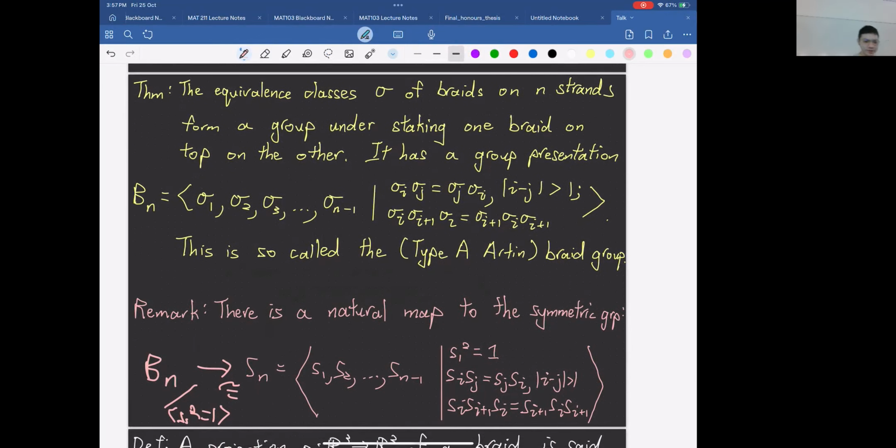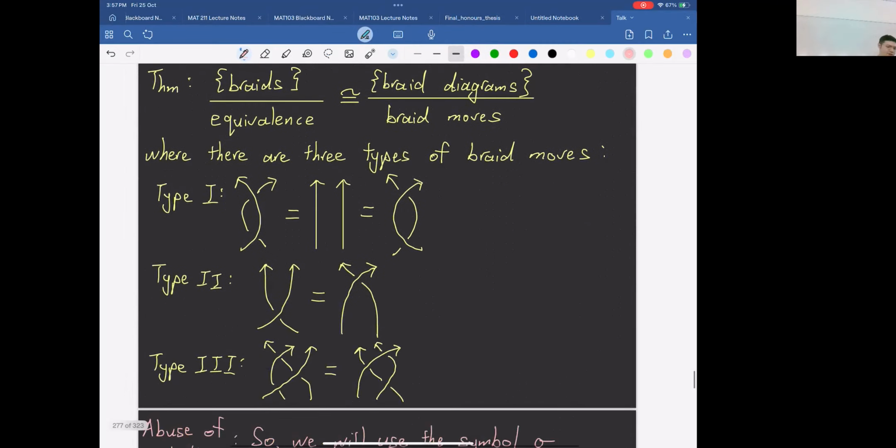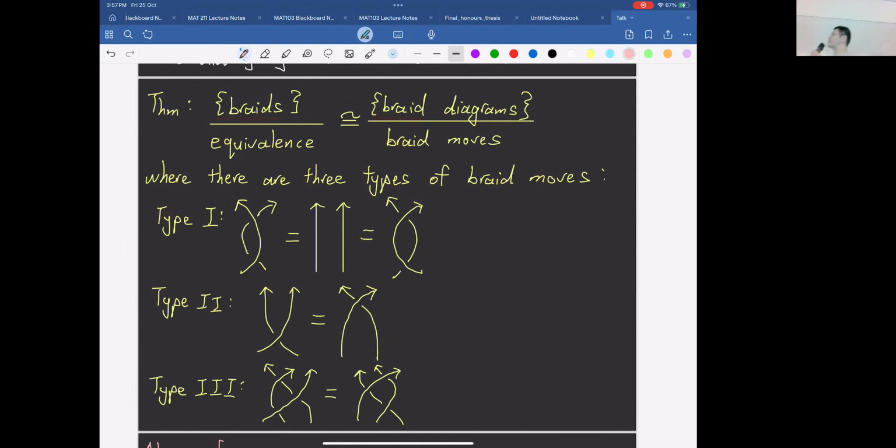Good. So let's continue. Similarly, you can define projection for braid diagrams. It's the same story, and you can prove these kinds of equivalences. So when are two braids in R3 equivalent? You just consider these three braid moves here. You have seen type 1 and type 3 before in the Reidemeister moves. Type 1 is just putting two strings together and putting it away, and type 3 is the same: you can bring a string across a crossing. Type 2 is a bit different, where you can move the crossing up and down the string.